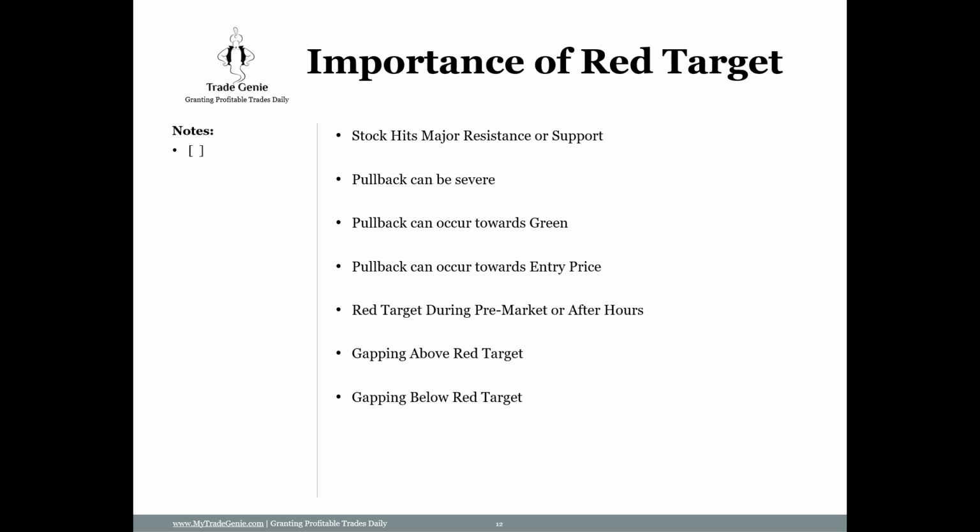Now, what happened? Why is the market going down? So it's like magic. That's the importance of the red target. Now, I do revise the red target when a gap occurs. So if we have a call trade and the market opens above the red target, a gap up, it means